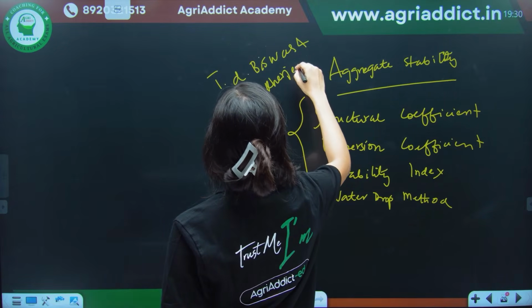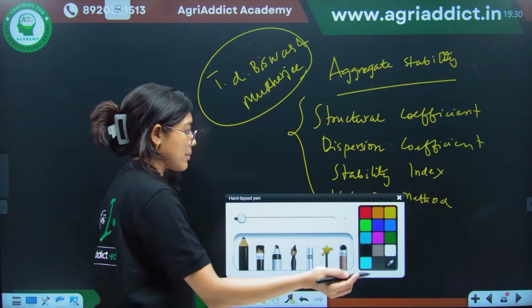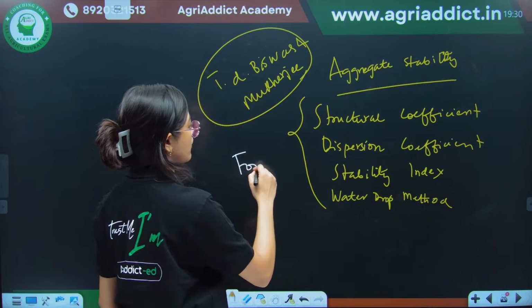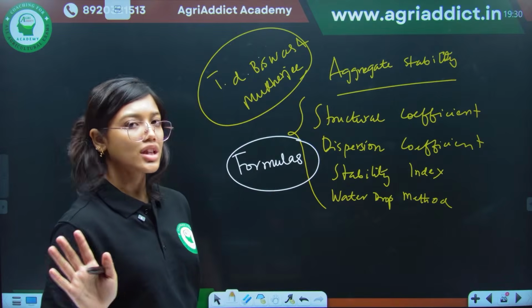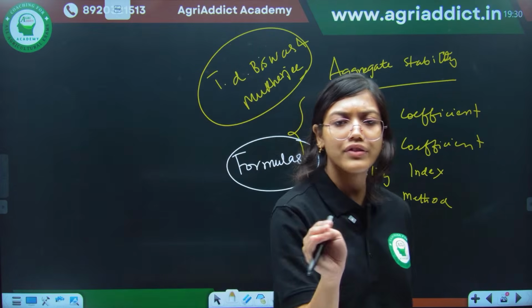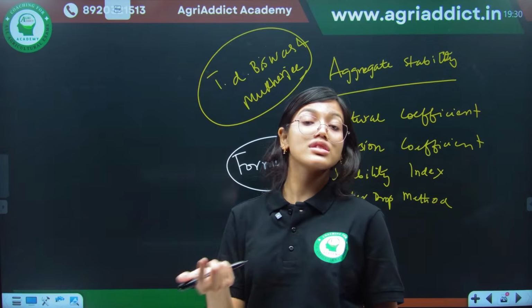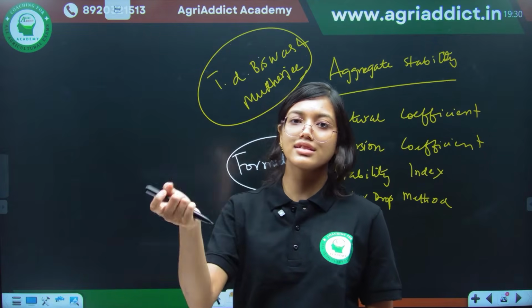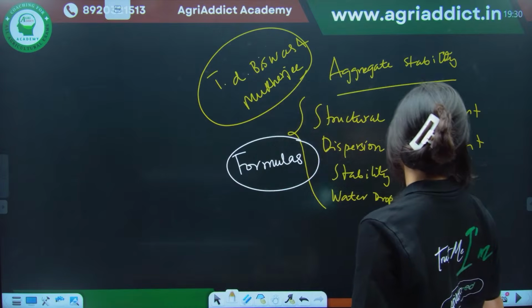I am also writing it down here, and it will be very helpful if you can remember the formulas of all these indirect methods of analysis. Often direct questions like numericals don't come, but they can give you statement-wise questions, or state true or false. So it will be better if you remember those.